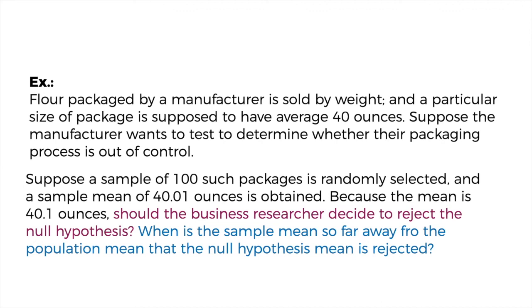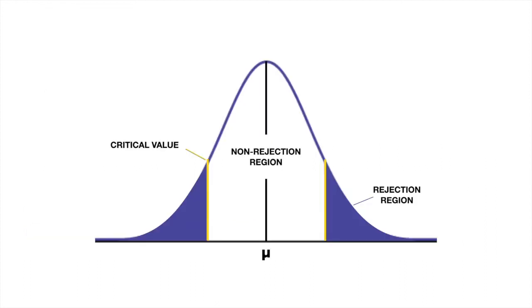So that's all for rejection and non-rejection regions. So what you need to remember is that in non-rejection region, when your value falls within it, it means that you accept the null hypothesis. The critical values define the parameters of these regions. So it becomes the boundary between the non-rejection and rejection region. And the rejection region, when your values fall within it, it means that you need to reject your null hypothesis.